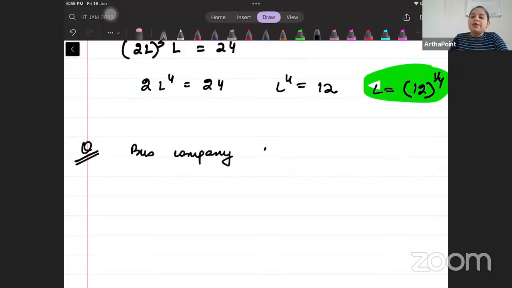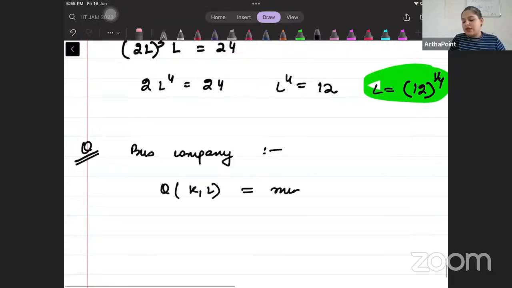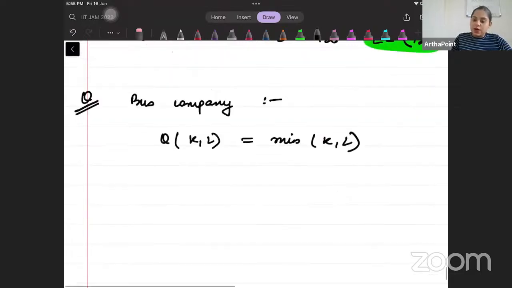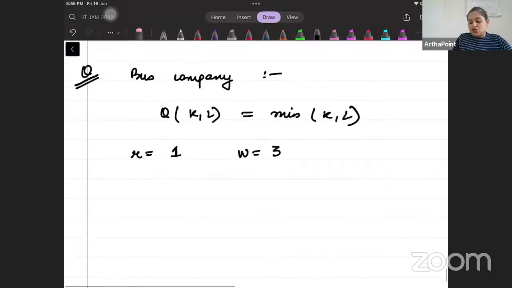And this bus company needs a driver, and the driver also needs a bus. So the production function is min of K, L. Driver and bus are complementary to each other. You're also given that rent is 1 and wage rate is 3. You're given that the company needs to operate